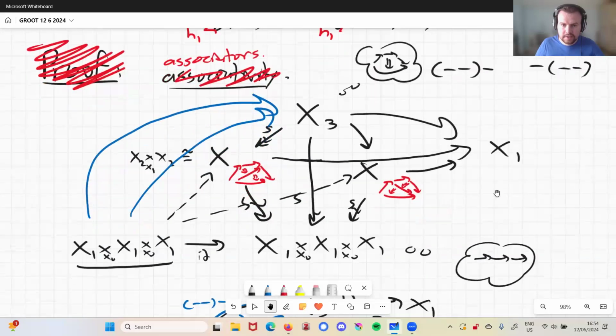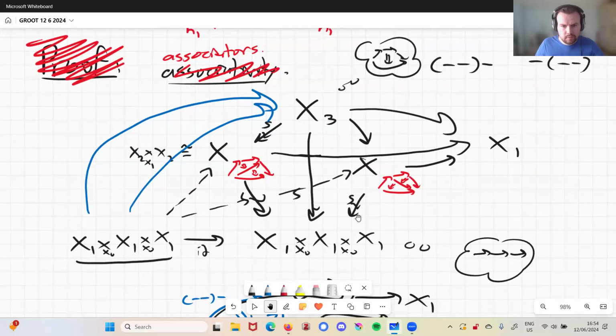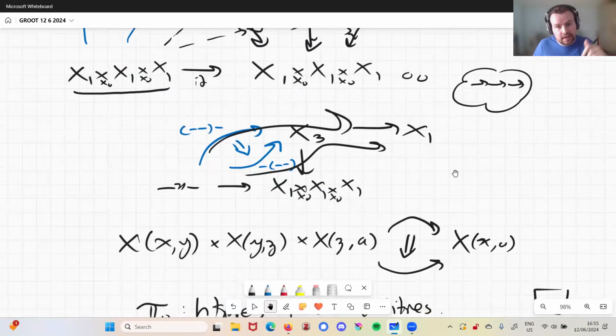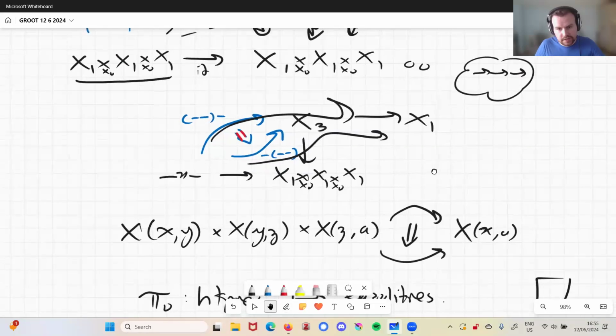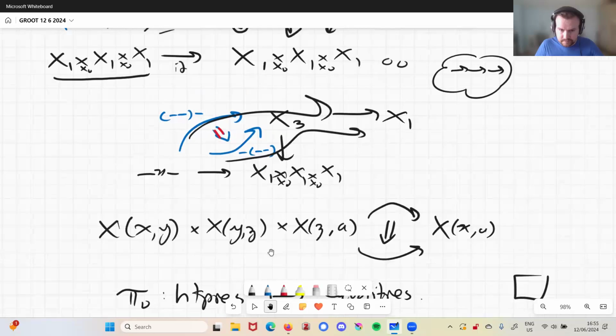So let's look at this diagram. Well, once again, this is now just a diagram in infinity one categories, right? Everything here still works. So I can get this diagram again. There will be some homotopy here, right? And the way that I'm going to choose to represent homotopies is perhaps a bit peculiar.